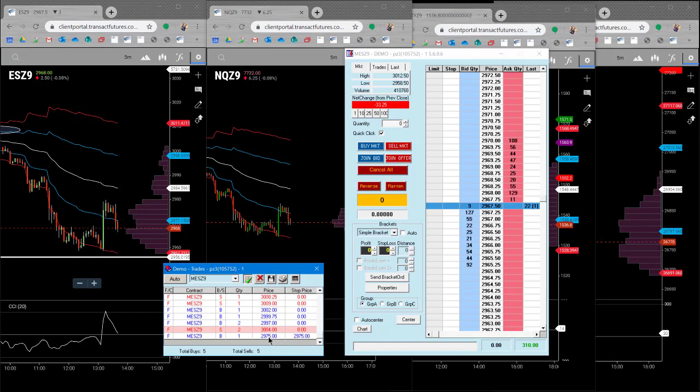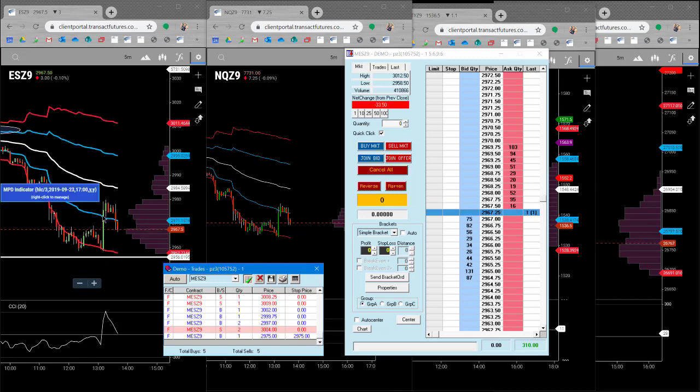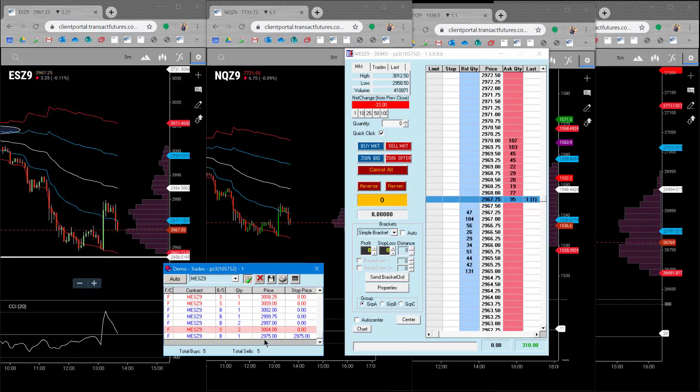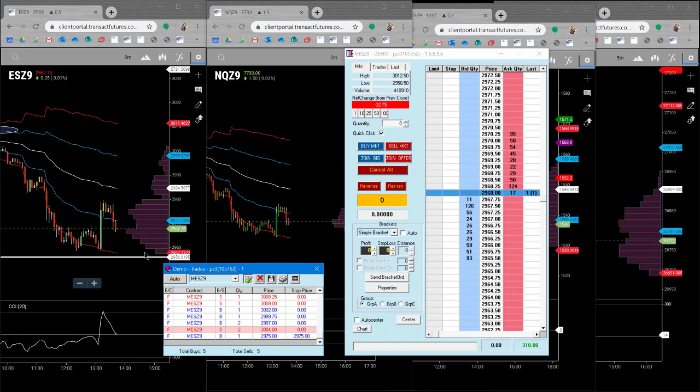And then this news came out about Trump releasing the transcript of the Ukraine call, and the S&P rallied really, really strongly. It actually took me out of the trade at 2975, and now it's moving lower again. So stop placement is an imperfect thing, and it would have been nice if I had left that a little bit more breathing room. But still, nonetheless,